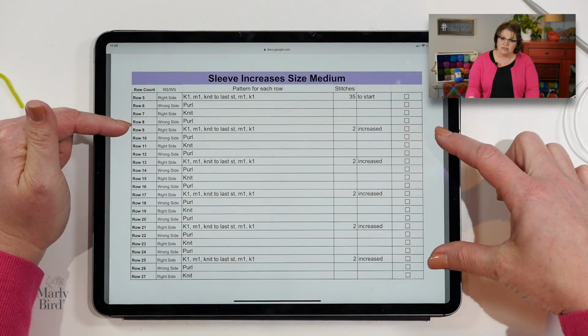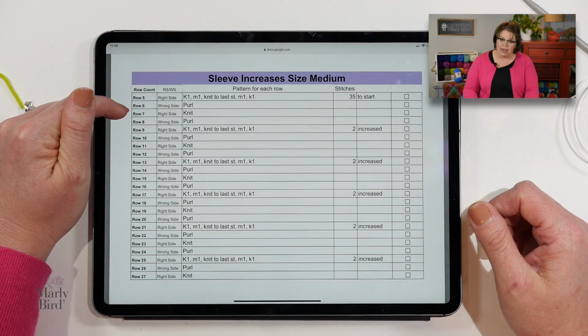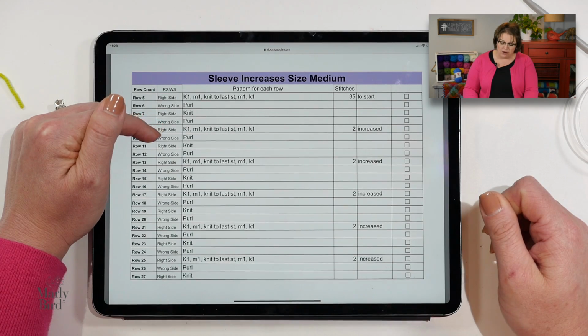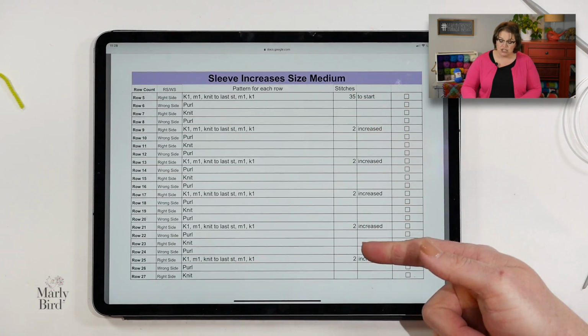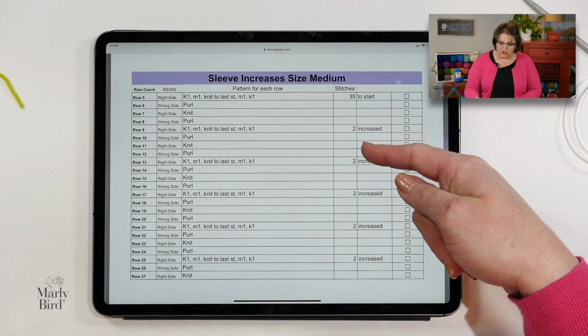All of the patterns are constructed in the same layout here. So we have the row count over here. We have whether you're on the right side or wrong side right here. These are the actual instructions of what you're doing. Here's your stitch count. So it says here for the medium sleeve, we're going to start off with 35 stitches